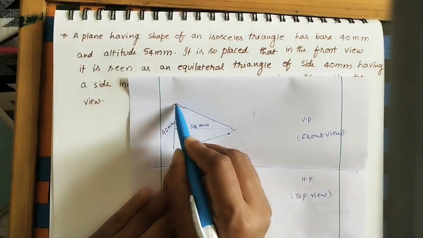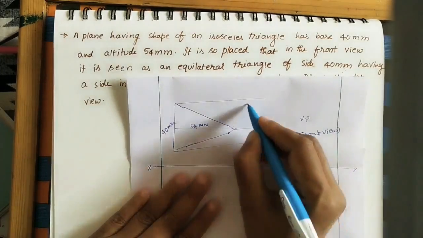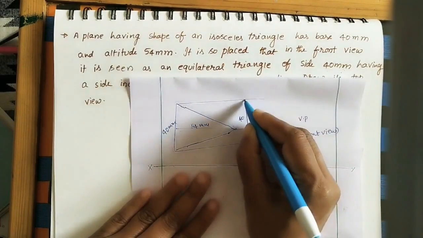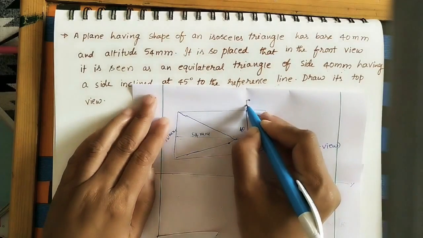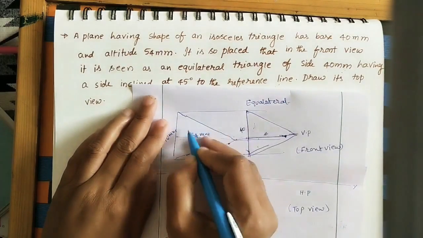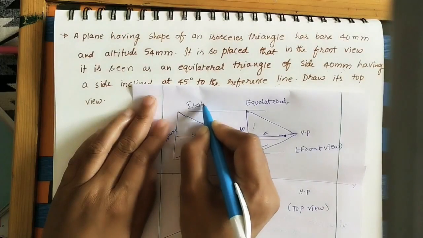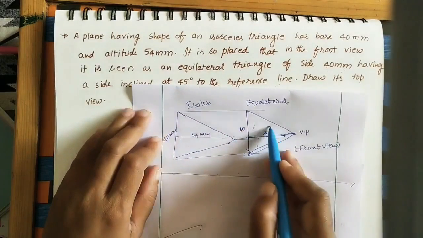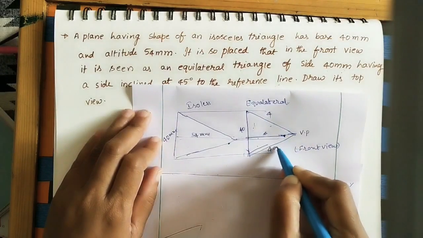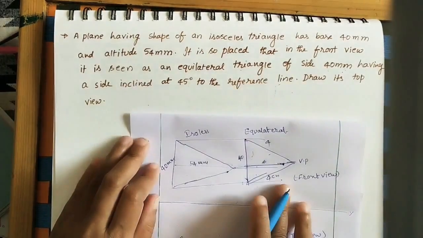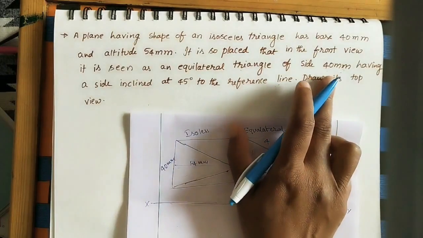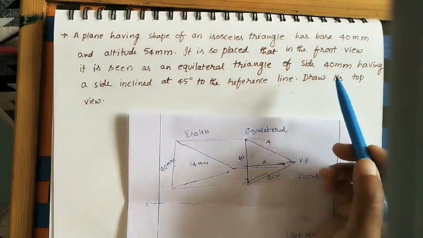What am I taking? I am taking the projections of it. It is looking like 4 centimeters, already 4 here, 40 mm. So here I did the equilateral triangle. Here it is the isosceles triangle. In an equilateral triangle, all three sides have equal length of 4 centimeters each. He has given the same thing here. He has given this front view in the question. It is looking like an equilateral triangle of 4 centimeters.